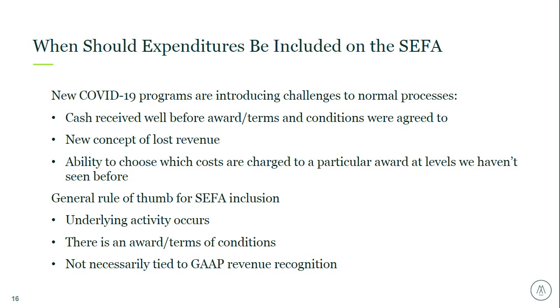An important thing to remember is that COVID-19 funding received for the current year may not be above the Type A threshold for this year. However, it's very likely that it will jump over the threshold, if it didn't already in 2020, in fiscal year 2021. So be on the lookout for major programs to increase in fiscal year 2021. For those where it is a major program for fiscal year 2020, the fact that the addendum to the 2020 compliance supplement has not been released yet is definitely holding up the issuance of single audit reporting packages. Adam will talk briefly about the status of that addendum here in a few moments.